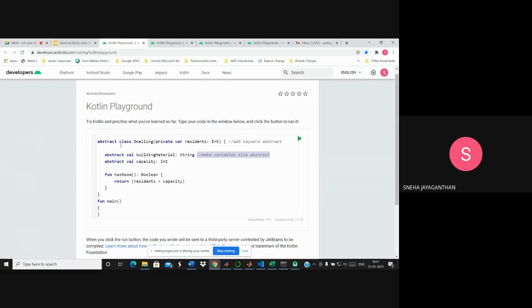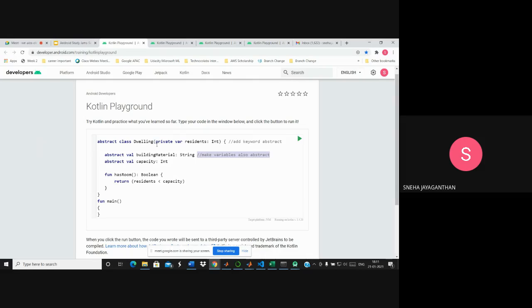So instead of writing class Dwelling, you just add the keyword abstract before it. And you can see that I have given the parameter residents as the argument to the Dwelling class, and there's a private keyword. Private basically is used to denote that these variables are accessible only inside this class and cannot be accessed outside this class.